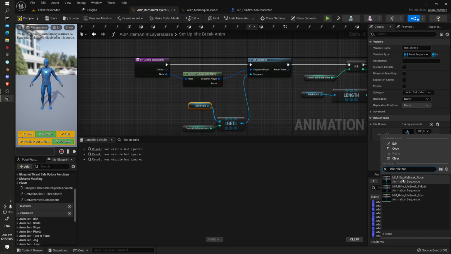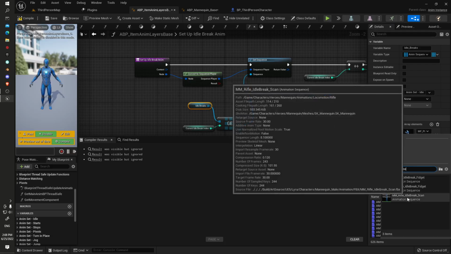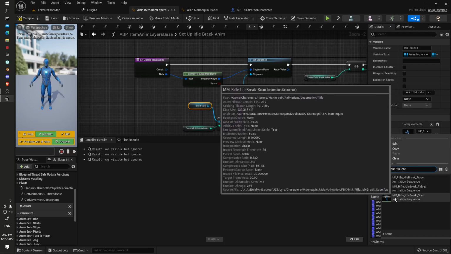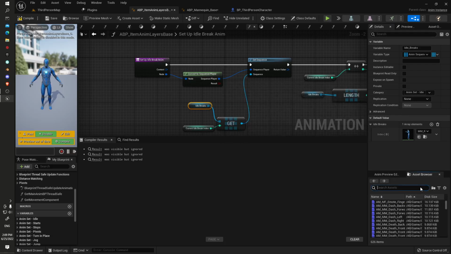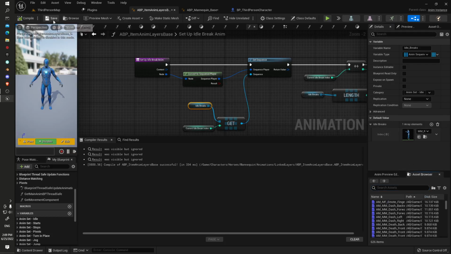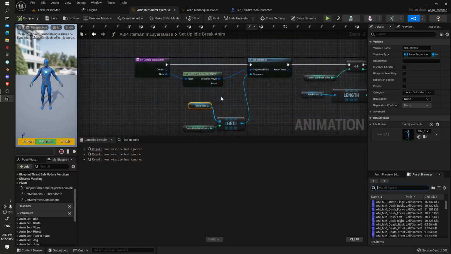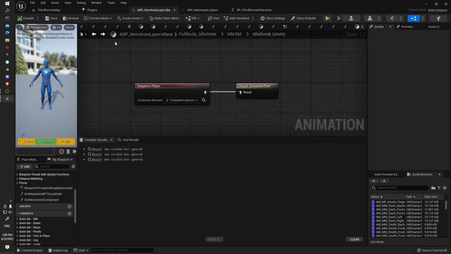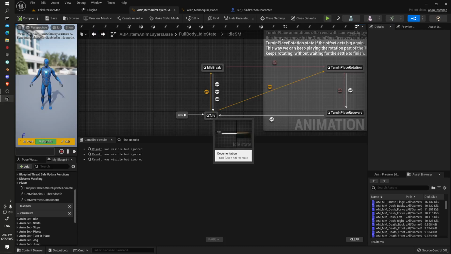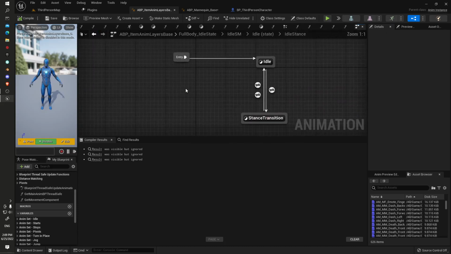And we're using the male skeleton. We use that one there. Let's see if it works. So he goes, yeah, he's not doing much. He's having a bit of a break, looking around. Then he goes into, that should be our normal idle pose. So if we go back to idle stance,